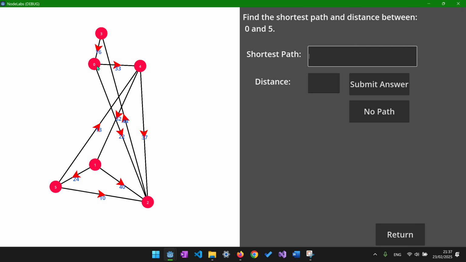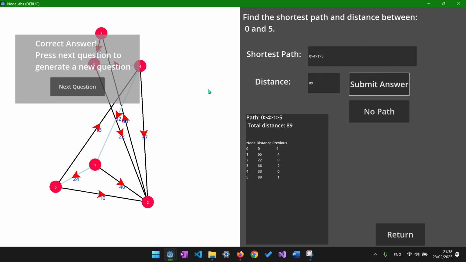So that would be 0, 4, 1, and 5. 0, 4, 1, 5. And the distance would be 33 plus 13, which is 46. No, 33 plus 32, which is 65, plus 24, which would be 89. And we'll submit that as an answer, and we see that that's the correct answer, which leads us on to